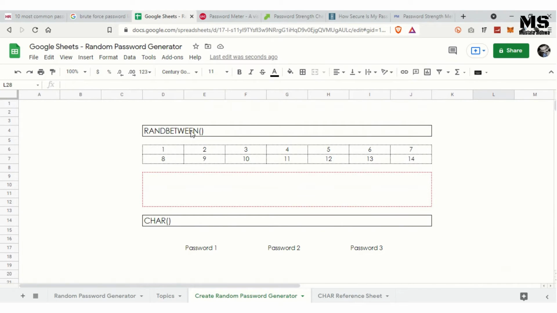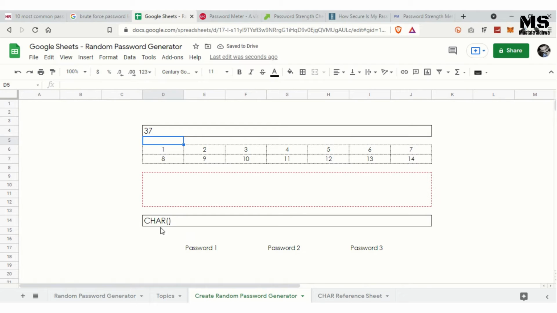So we'll begin with the RANDBETWEEN function. What this function does is it throws up a random number between the range that we specify. Once we do that, it will ask you to give the low value and the high value, that is, the range from where till where it should throw the random number. So let's say we want to see a random number ranging between 1 and 50. Once we do that, you see over here it shows up a random number, 22. And then it keeps throwing up random numbers as and when it is refreshed. So this is the function that we'll be using to figure out our random character value.